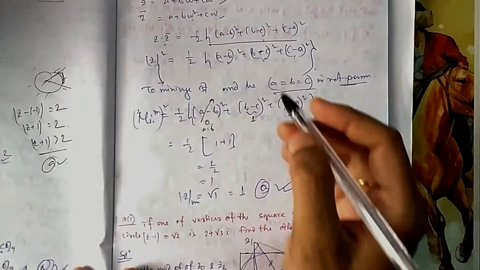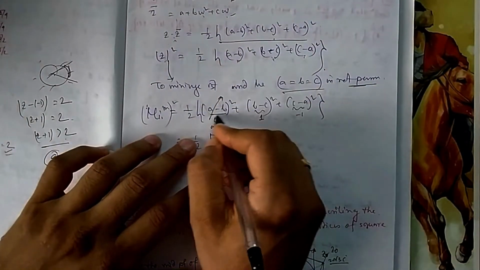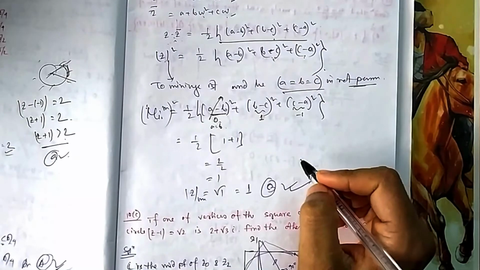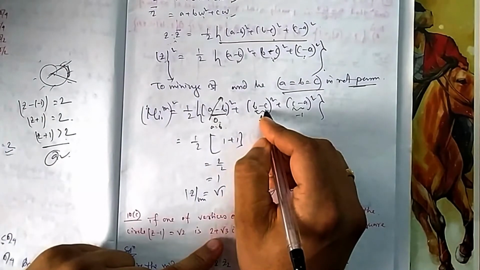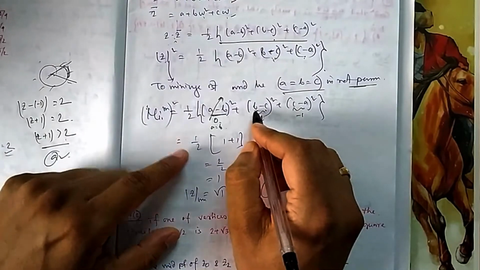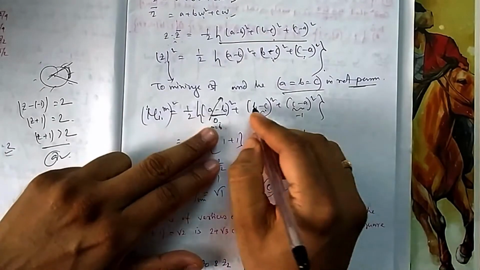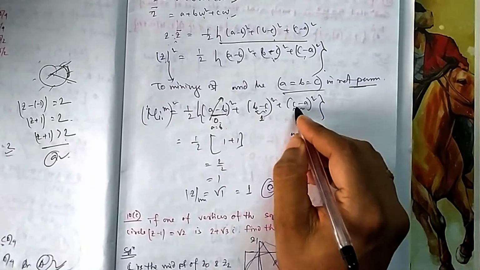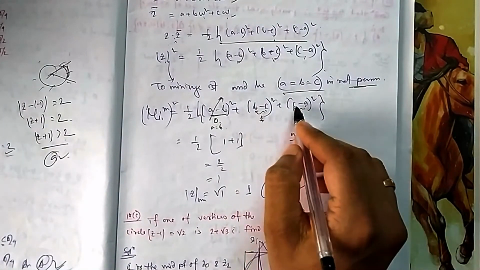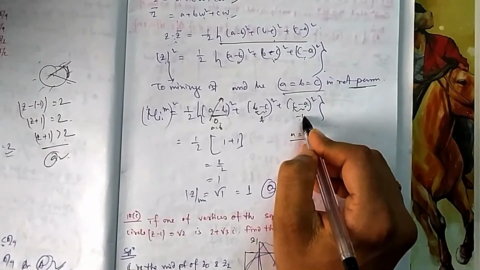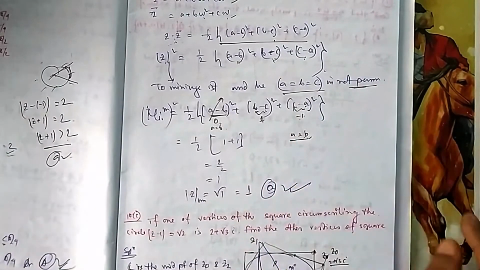Okay, so integers means the next thing you can do, suppose two are equal, a equal to b. Then what is the smallest difference between two integers? You can have b minus c as 1. If a is equal to b, then c minus b will be minus 1. If the difference between b and c is 1, the difference between c and b will be minus 1. So this is the next smallest thing it can have.